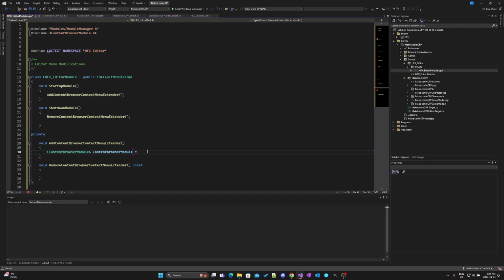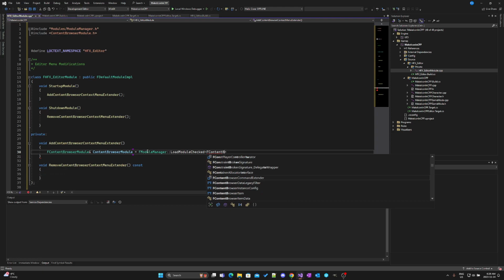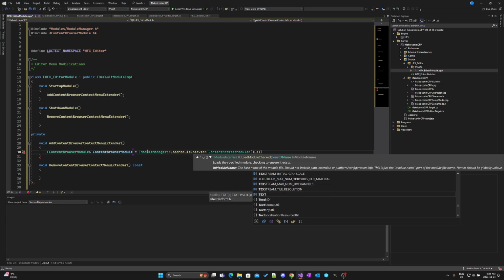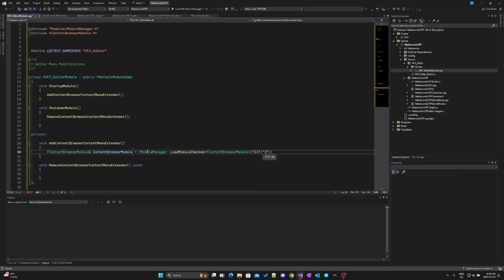And so we're going to set that equal to our FModuleManager, and we're going to LoadModuleChecked, because we know that this content browser module will exist in the engine, as of type ContentBrowserModule. And the one that we're looking for is a text, content